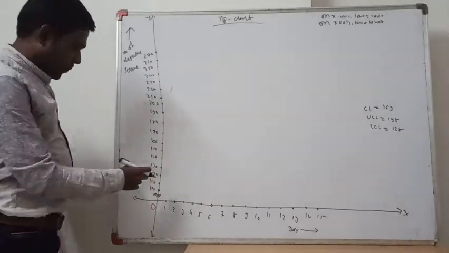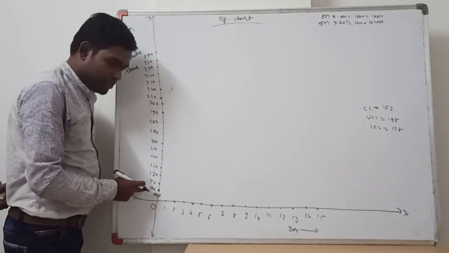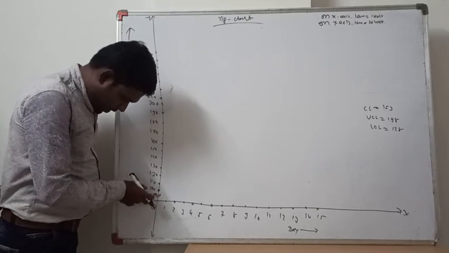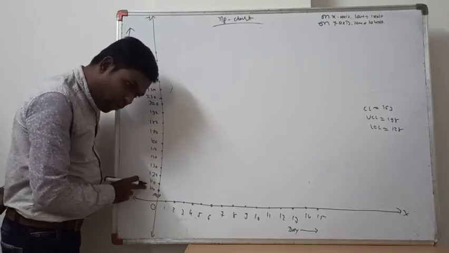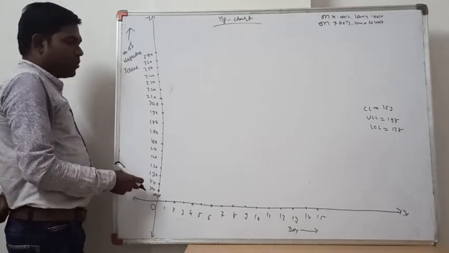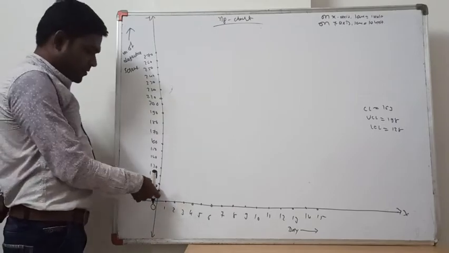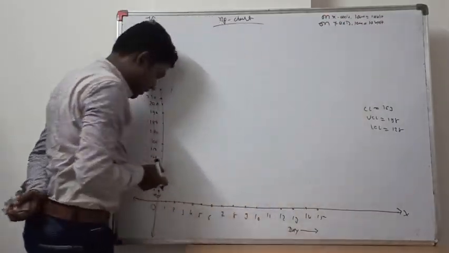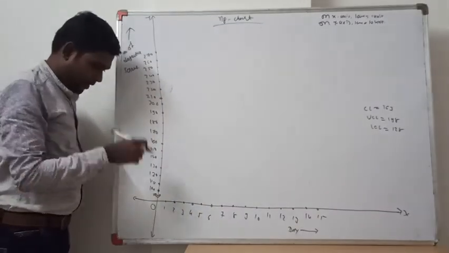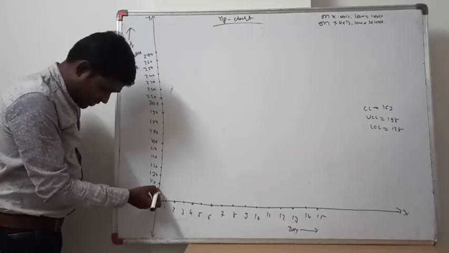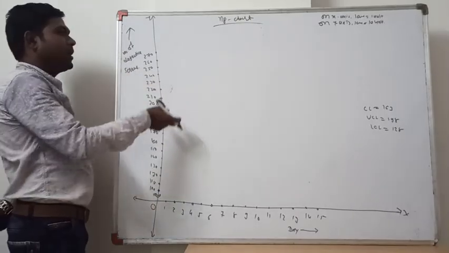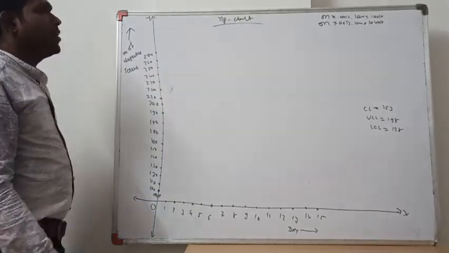Over here we split the numbers, which means we have to cut the numbers. We take 1 centimeter, starting from 100. Over here also the same, 1 centimeter is equal to how many units? Over here we have to take 10 units. 1 centimeter is equal to 10 units, right? Which means in between these two we have 10 lines, right? So 100, 110, 120, and the maximum we have to take over here is 270.